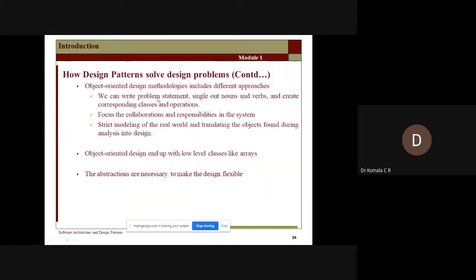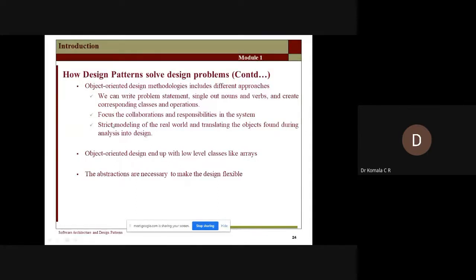So what is the first step? For the first approach in the methodology, first you have to define the process to be done, the problem to be solved. Then you have to pick what type of object you are going to use and what type of operation you are going to perform. Then which classes will create which group of objects, and what type of operation the classes perform on the objects. All these are to be considered in the first methodology.